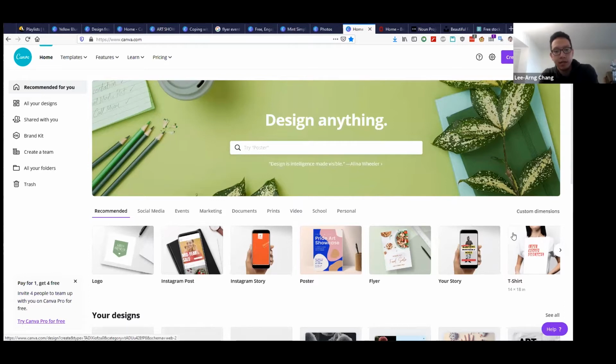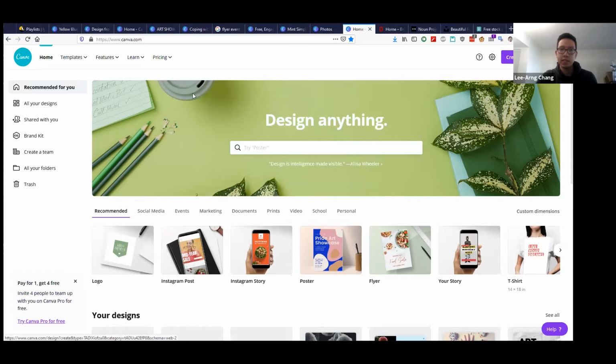This is a little bit of a different type of workshop. It's supposed to be very quick and kind of informal. This is all about the tool Canva. Canva is a very interesting, very useful, powerful tool. It is used to create a lot of different materials such as slides, posters, and flyers.